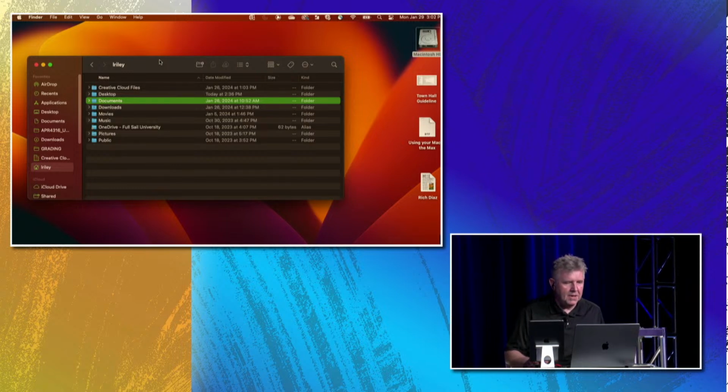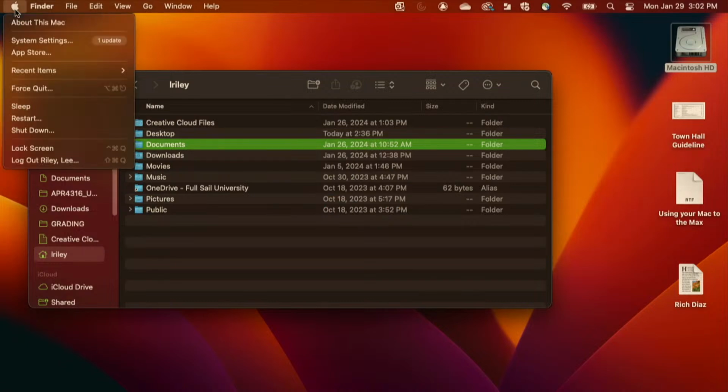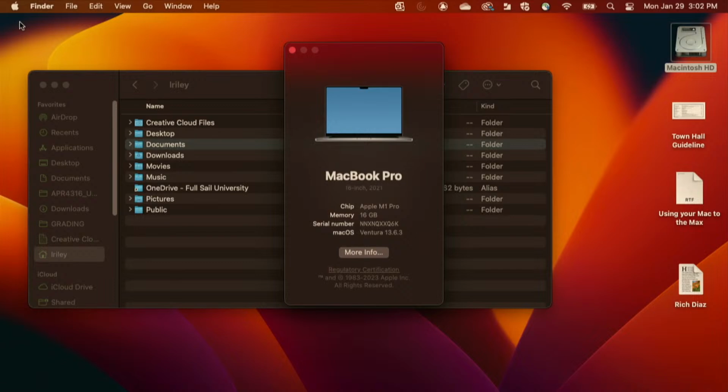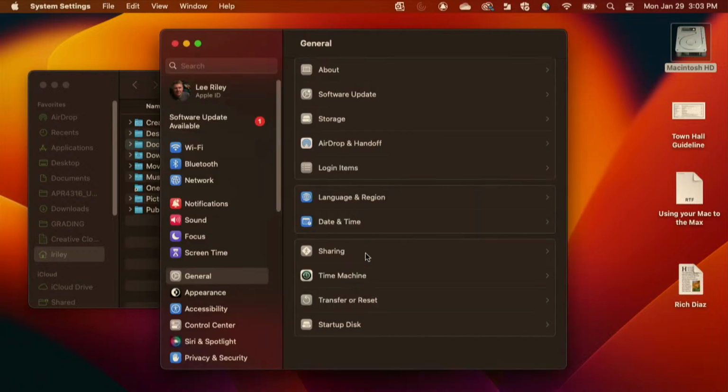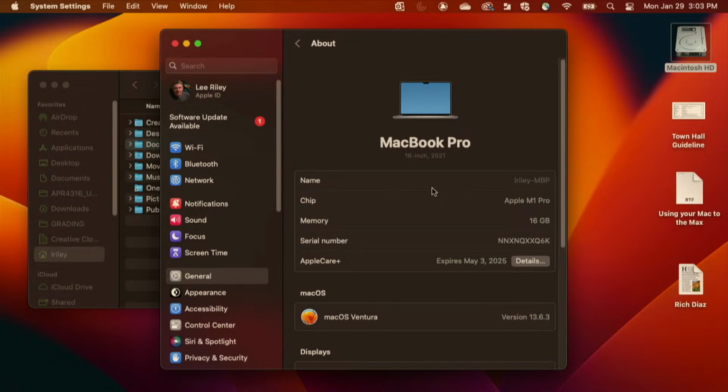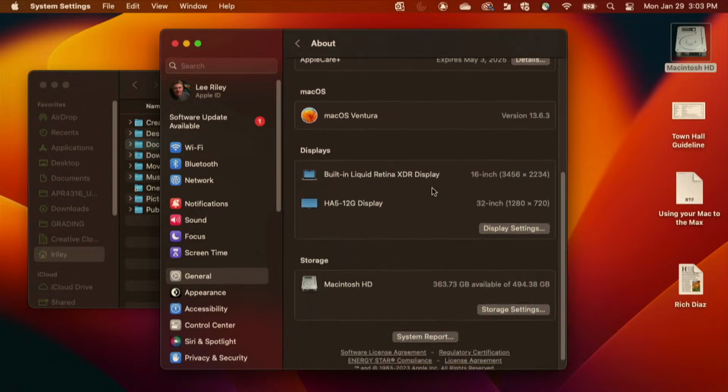So how do I know what OS I'm running? Up here in the Apple menu, under About This Mac, I am currently running Ventura, 13.6.3. You can find out a lot of information in this area: of course, how much memory you've got in the computer, what type of chip you're using. You can go into More Info, and it tells you a lot of information physically about